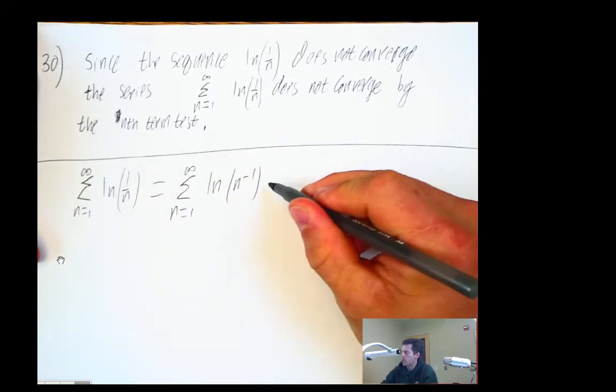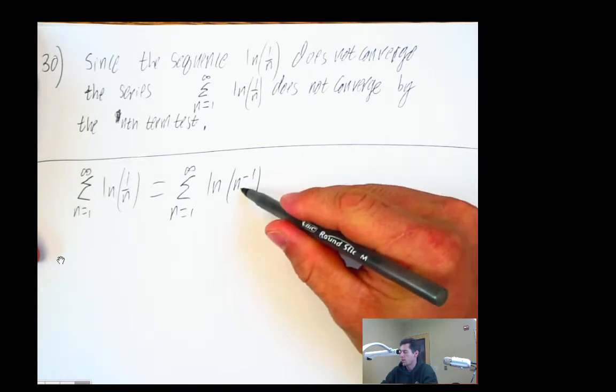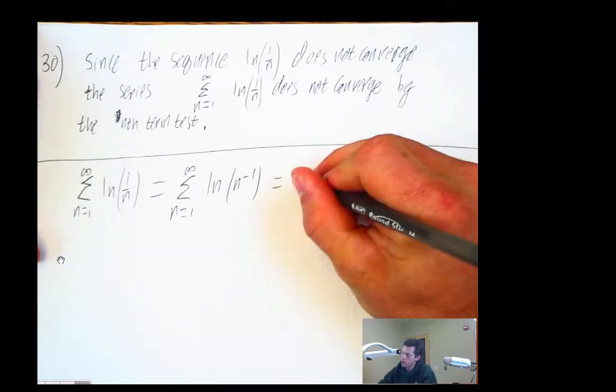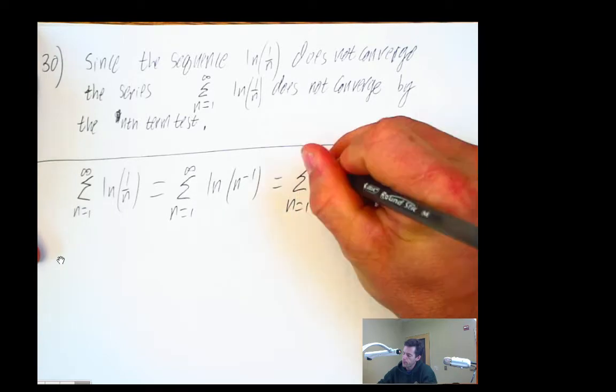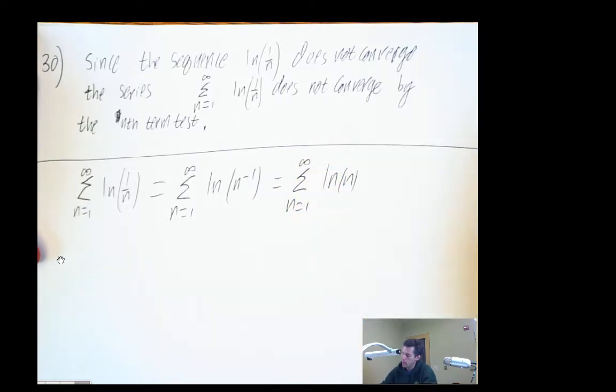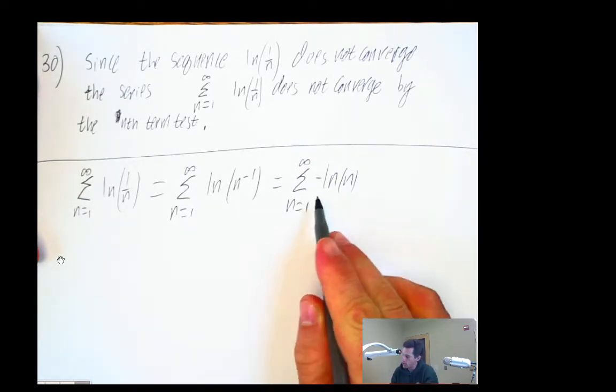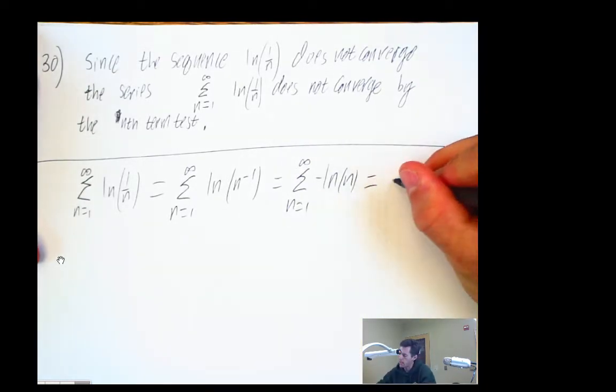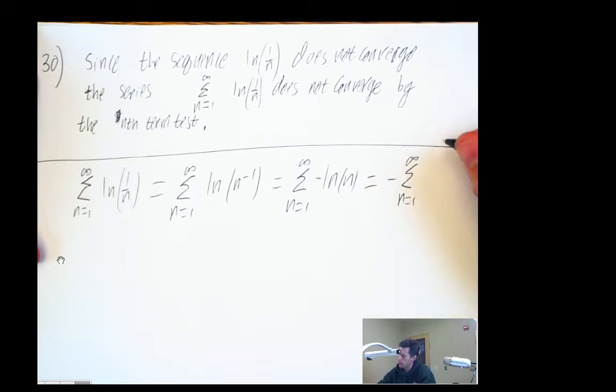Now, there's this property of logs where you can take the exponent of the argument of a log and bring it to a coefficient. So there we go. Just an n right there and a negative sign right there. Now, all of these terms have a negative sign, so I could take that negative sign outside of the sum. That is simply factoring with infinitely many terms. So now that leaves me with this